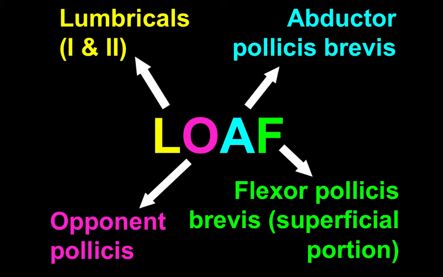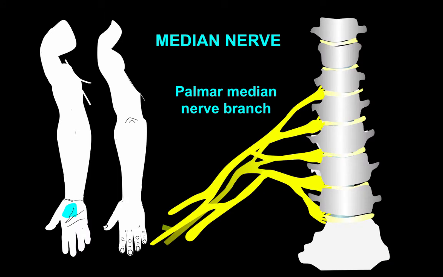In using the LOAF mnemonic, L stands for the first and second lumbricals, the O for opponens pollicis, the A for abductor pollicis brevis, and the F for the superficial portion of the flexor pollicis brevis. The median nerve also provides cutaneous sensory innervation through its lateral fascicle. The palmar median nerve branch innervates the proximal palmar thenar region,